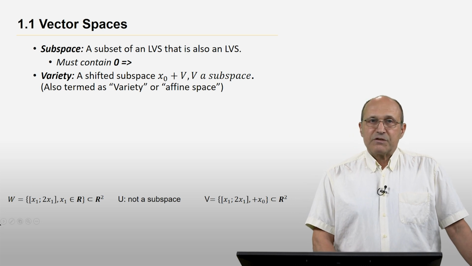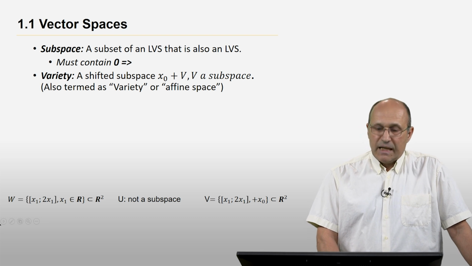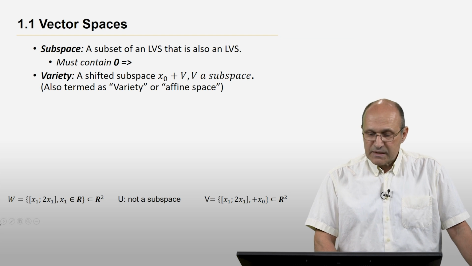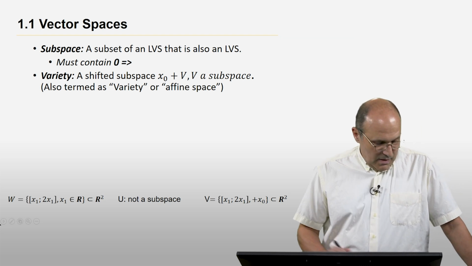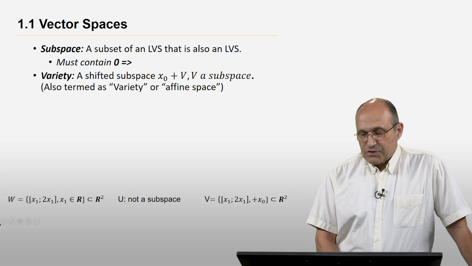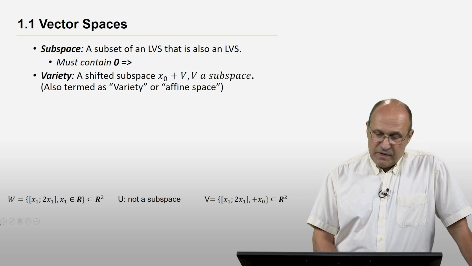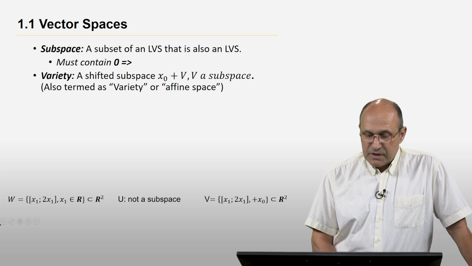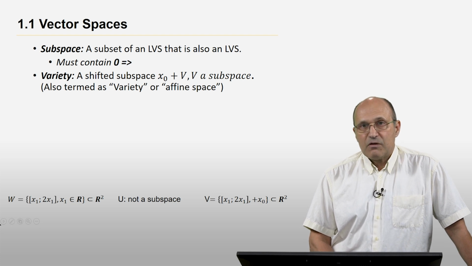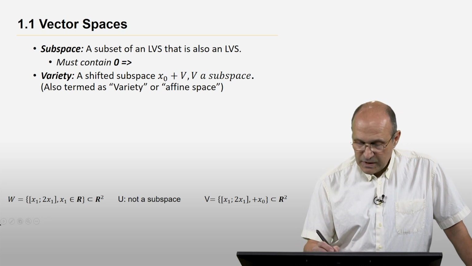Now, beyond the first definition of a linear vector space, what's interesting is to look at sets which are related to that vector space. And the first one is the definition of a subspace. A subspace is any subset of the linear vector space that is also a linear vector space in its own right. One of the implications of that definition is that it must contain 0, must contain the origin. All subspaces of a linear vector space should intersect at the origin, which means that